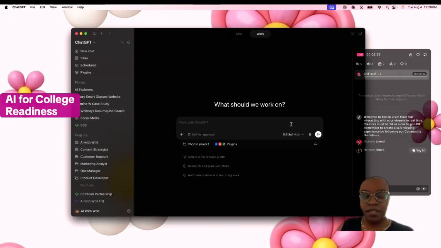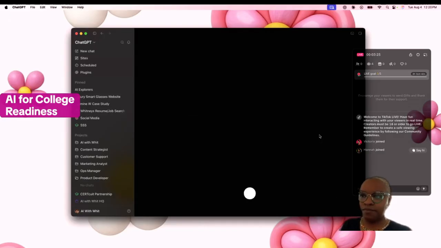Now, how you're going to access the voice feature, you'll see this little icon next to the microphone. So this is different from the dictation. Dictation, the microphone is just where you're talking. It's going to transcribe what you want and put it into the chat box right there. The voice chat is going to be different because you're actually going to be having a conversation back and forth with a voice model. And so we'll click that.